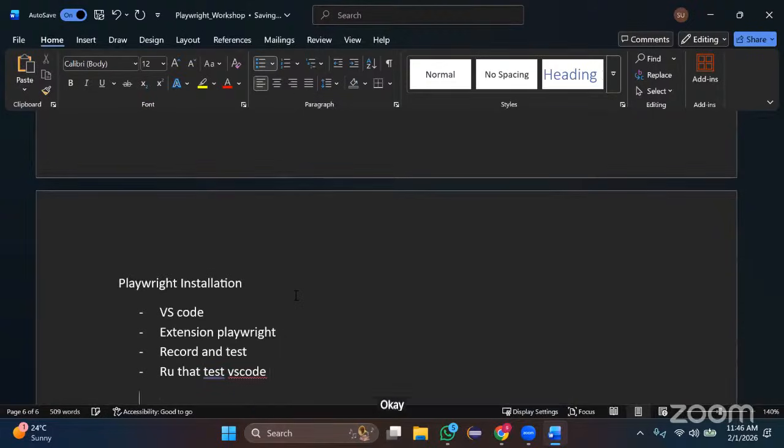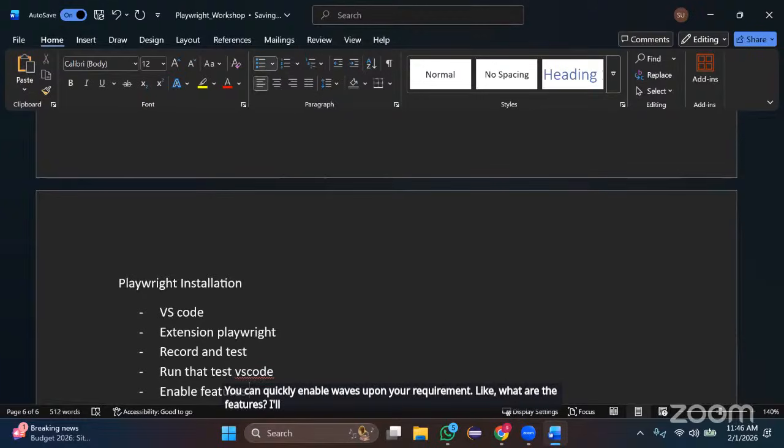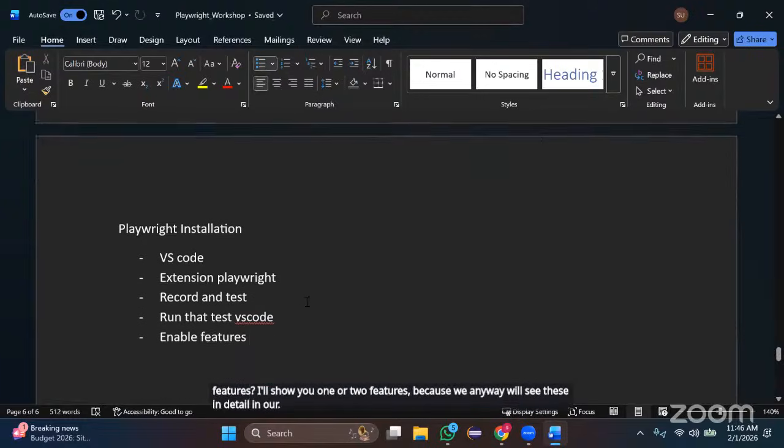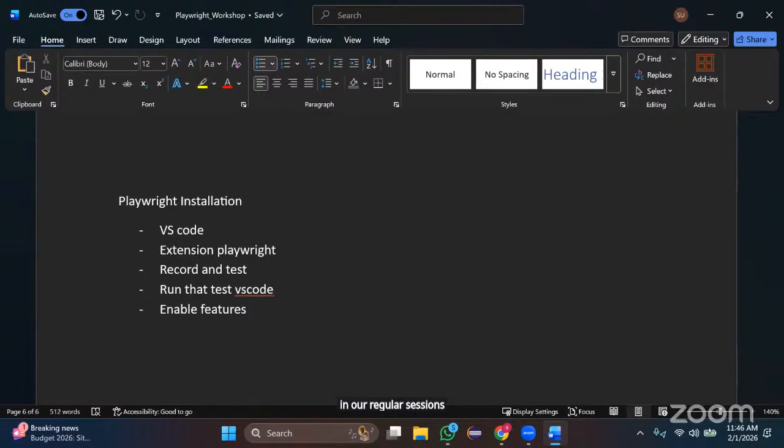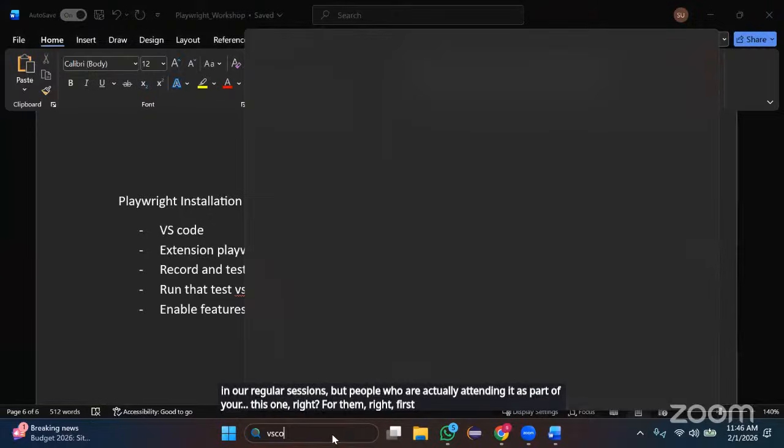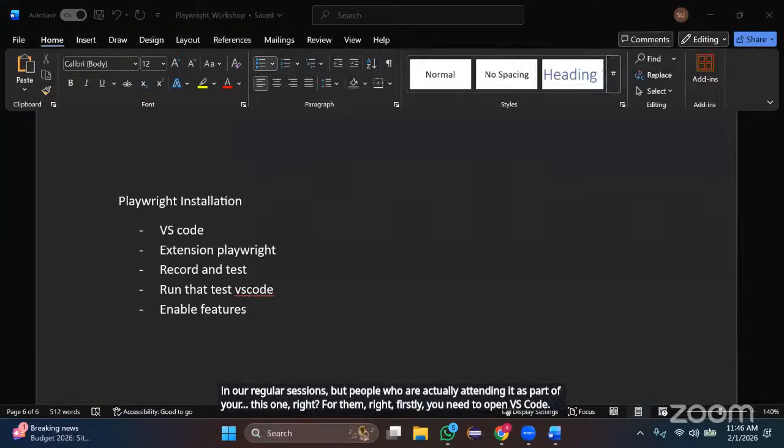I will show you an example of why I'm saying Playwright already has all these inbuilt features, which you can quickly enable based upon your requirement. I'll show you one or two features because we will see these in detail in our regular sessions. For people attending this, first you need to open VS Code. Once you have opened VS Code,